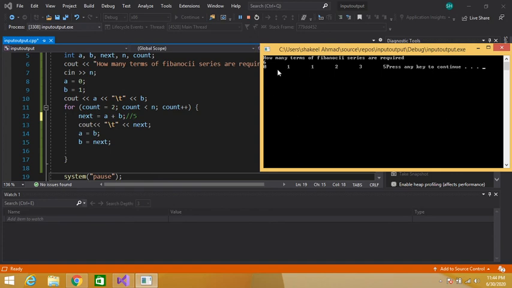So guys, this is the simple logic to print the Fibonacci series. Firstly, we have printed these two terms. Then we add 0 plus 1, 1, then 1 plus 1, 2, then 1 plus 2, which is equal to 3, then 2 plus 3, which is equal to 5, then 3 plus 5, which is equal to 8. In this way we can print our Fibonacci series. Firstly we print these two terms, then we add these two terms and print, then we add the next two terms. So we have to move one step forward each time. This is our logic to move one step forward each time.